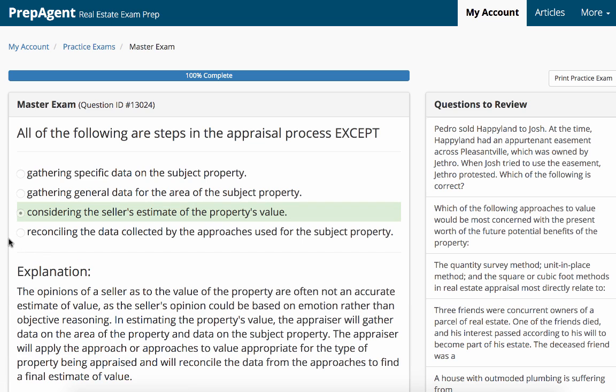Excellent. Good. Why is that the answer? I went with it because of the word "considering the seller's estimate." Okay, because the seller's opinion of the value shouldn't matter. Yes. The whole point of appraisal is supposed to be neutral. That's why, unfortunately, you see these terribly shady appraisers, which unfortunately is more common practice when people get divorced.